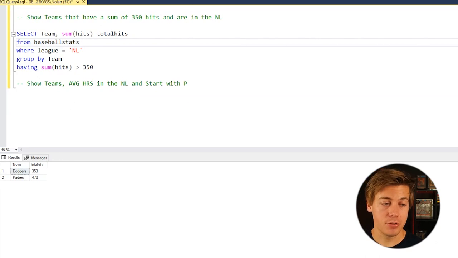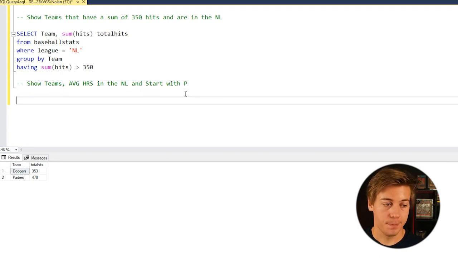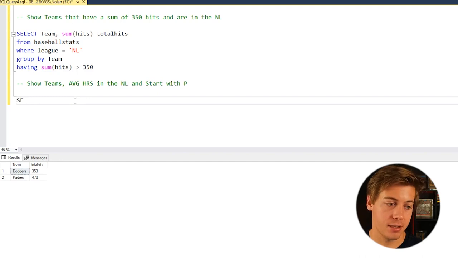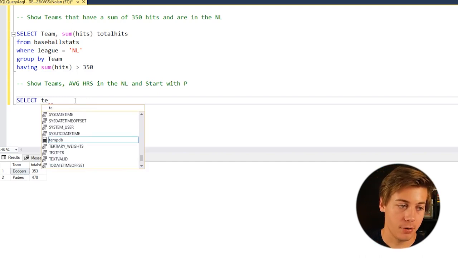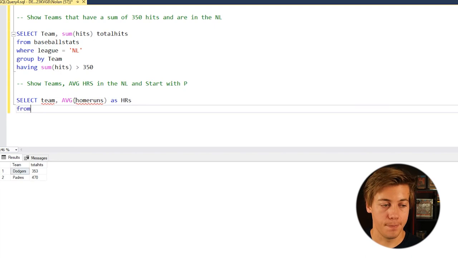In our last example, we want to show teams and the average home runs in the NL that start with the letter P. So we can grab this over here. We do a select. We grab our team. We grab our average, and put in here home runs as home runs. Remember, I showed you guys both ways of doing this. From